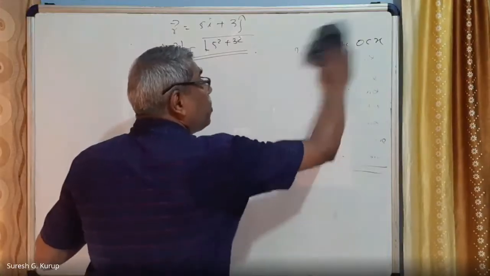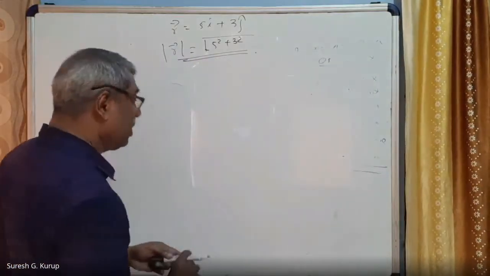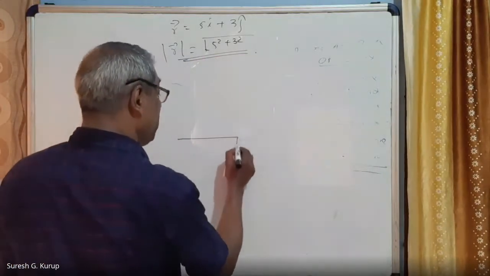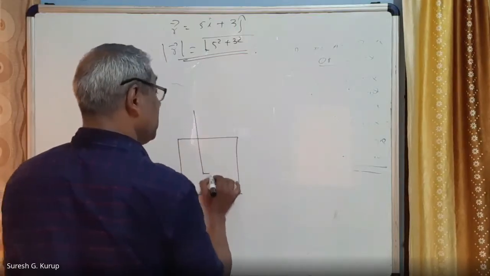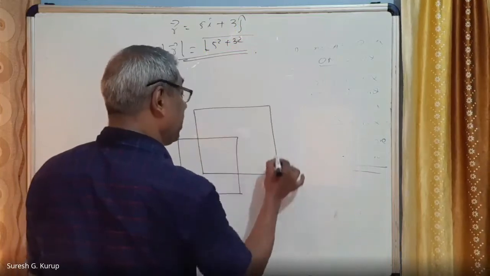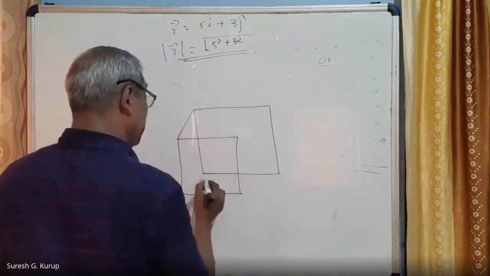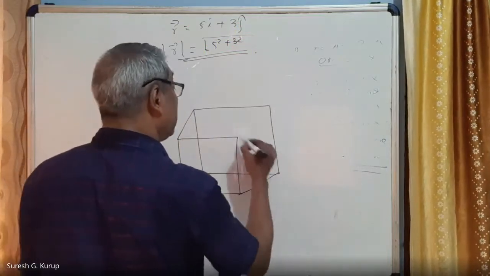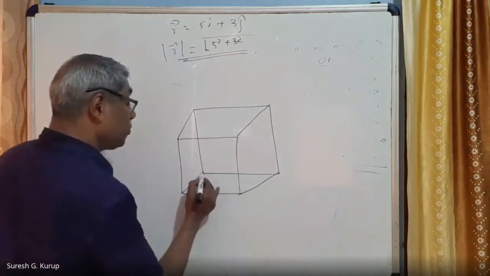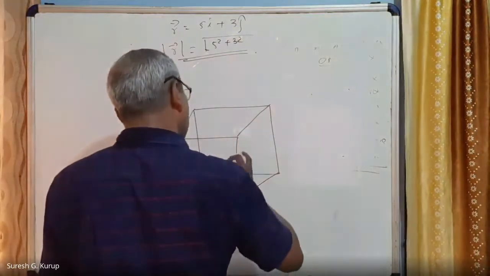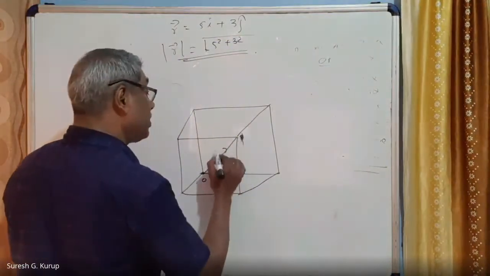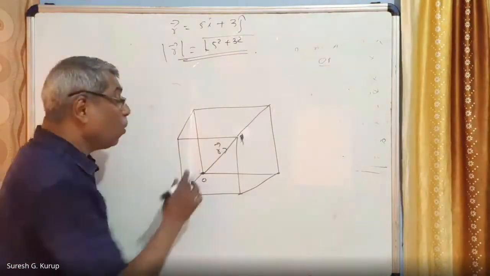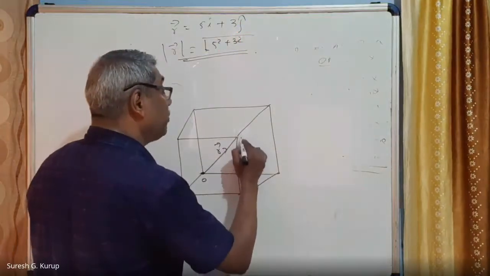So that also I am going to draw here and completing that much. Suppose I am drawing a three-dimensional vector here. That is this, a three-dimensional vector I am going to draw. So this is a cube. This point is O, this point is P. OP is a vector, vector R I can say. OP is a vector. This is three-dimensional.